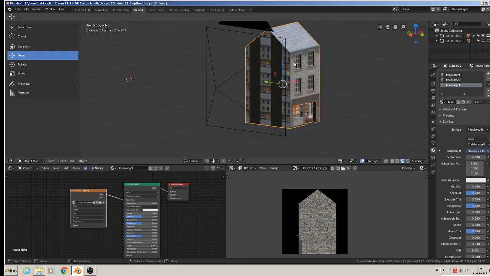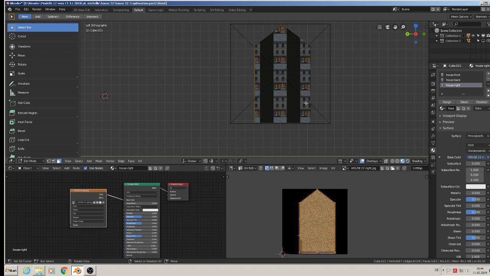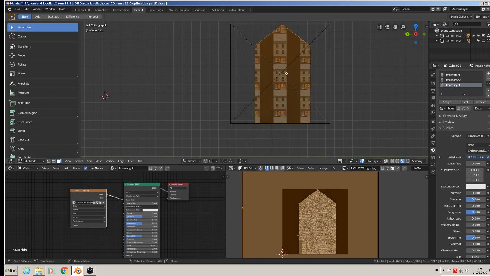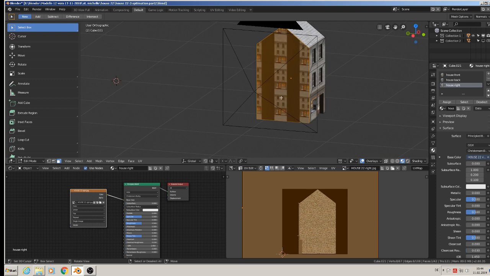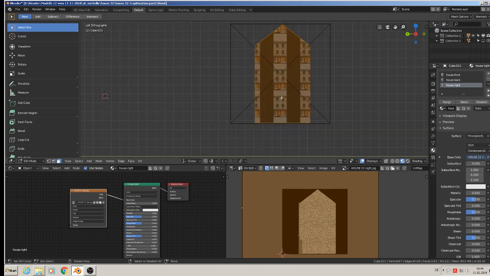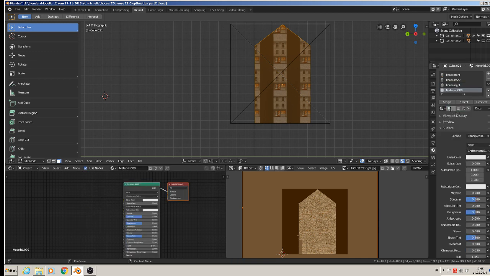And we have the front, the right and this side. So only the left side to do. So Ctrl+Numpad 3 is the left side. Tab, Alt A to deselect all, B for box selection, mark that, check, yeah, it's only the left side. Ctrl+Numpad 3, plus New, call it house left,